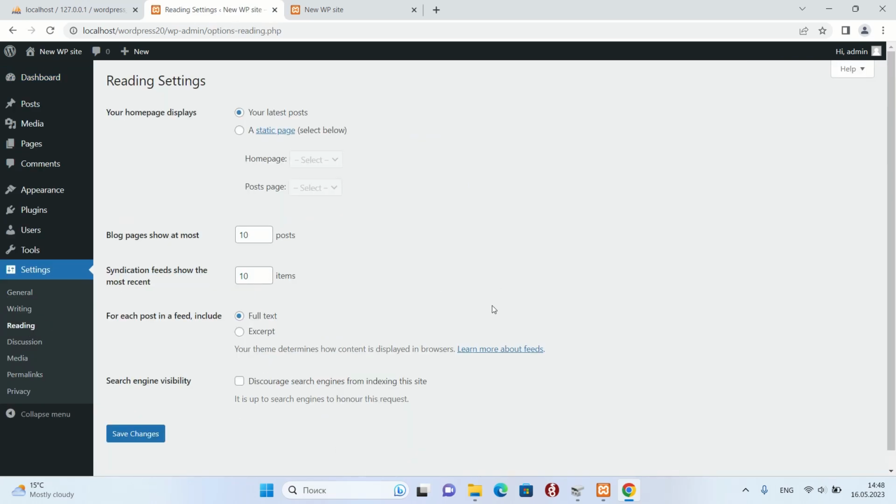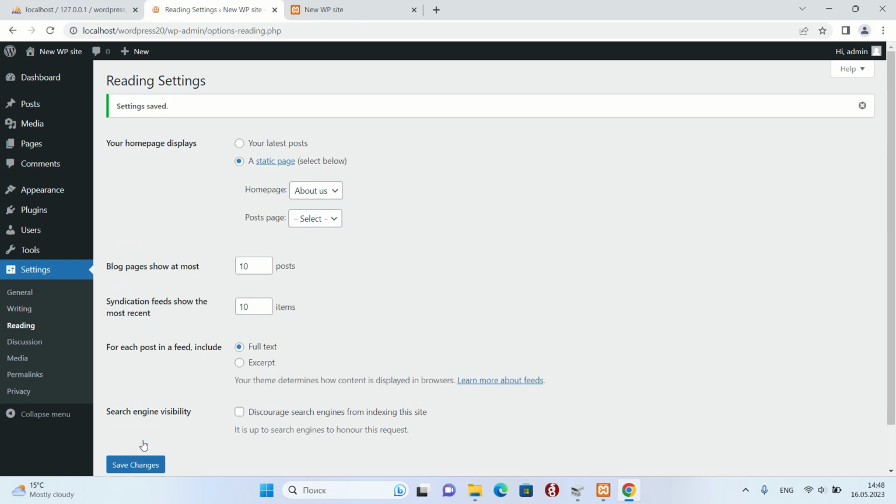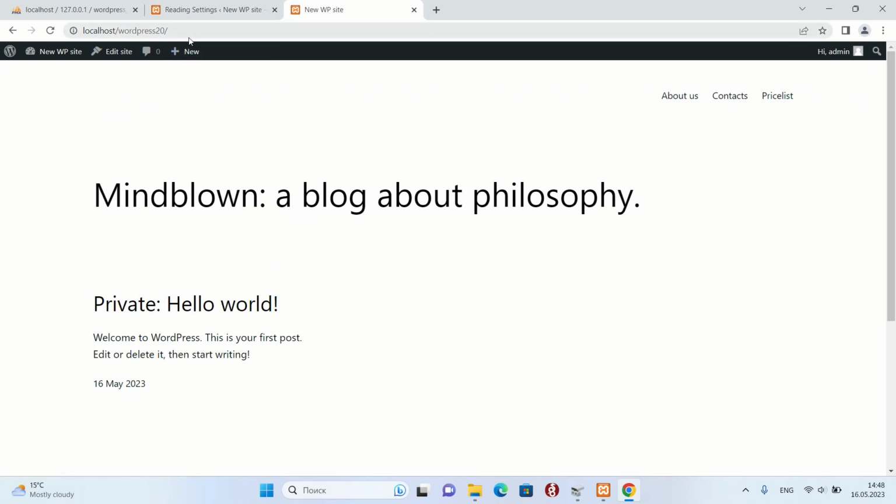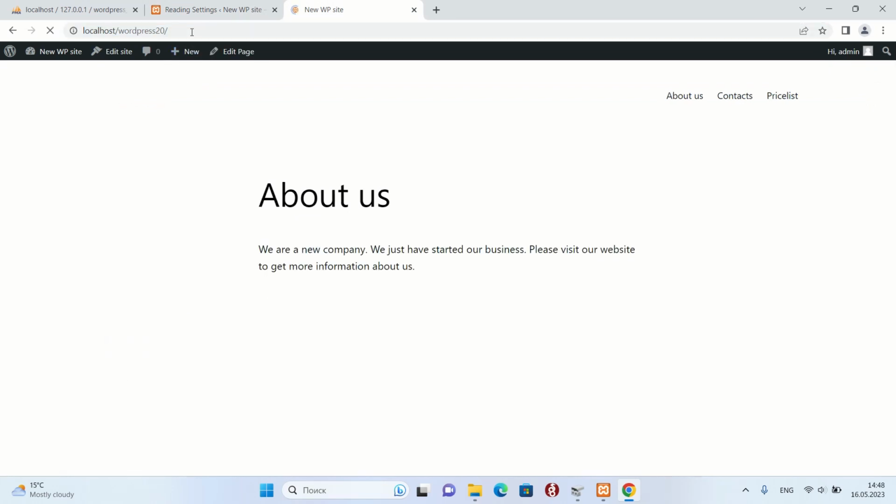Open the reading settings and select the page that will be the home page of the business card site. Make the change and save. As you can see, the business card site is ready.